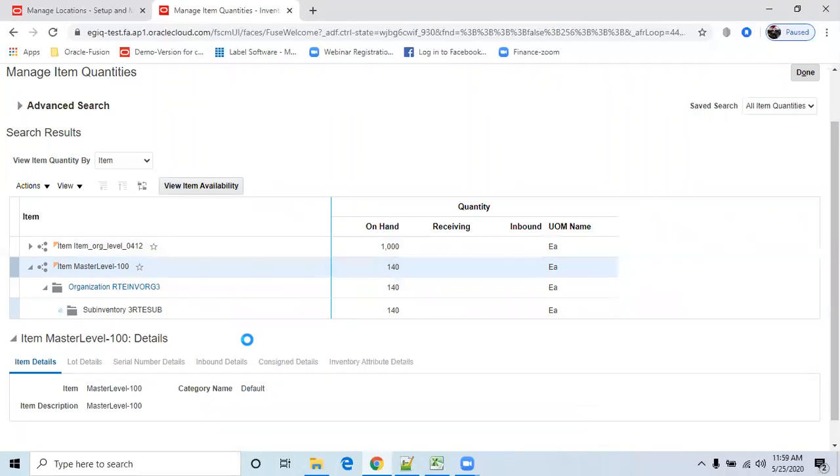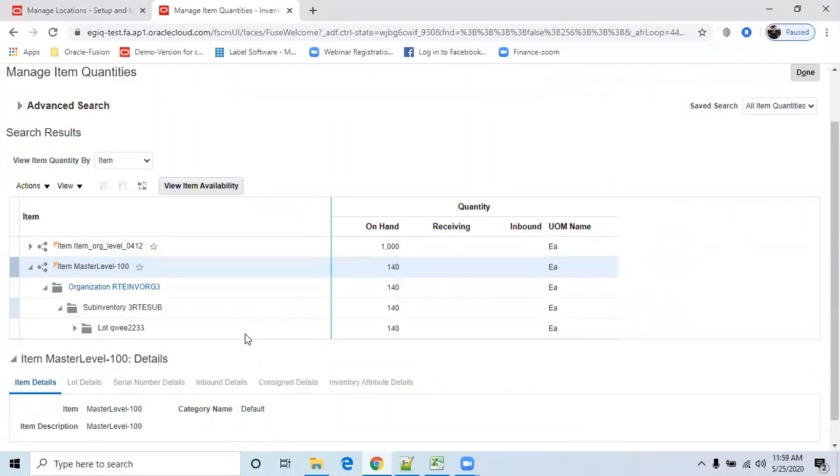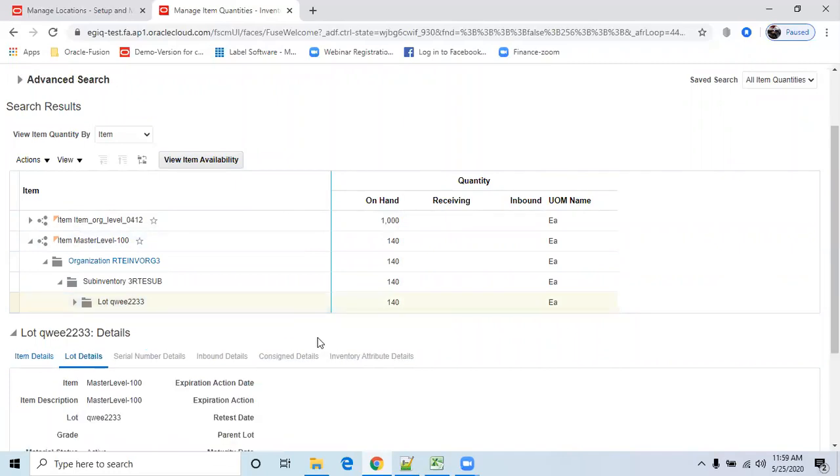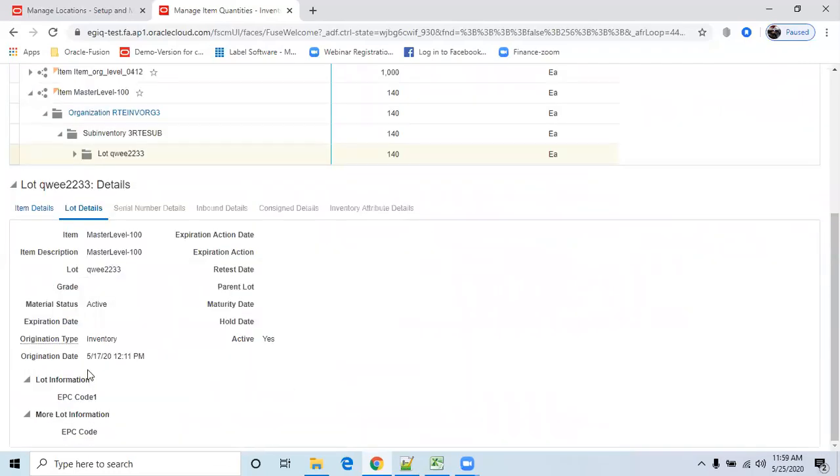So earlier 110 was there. Now we did 30. So still if we go here, the date. So this date is 5/17. Total 140 is showing.